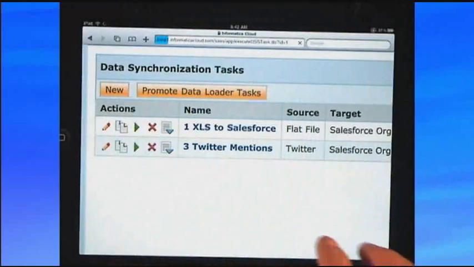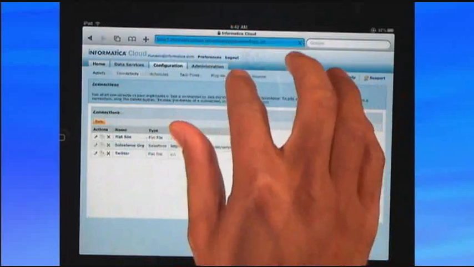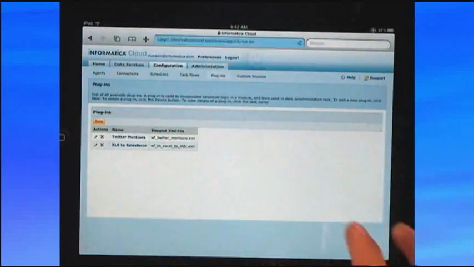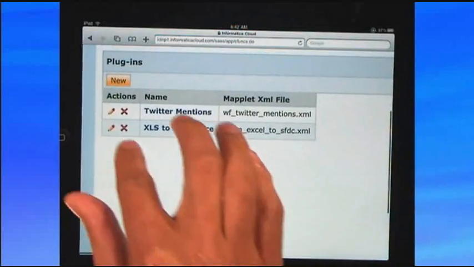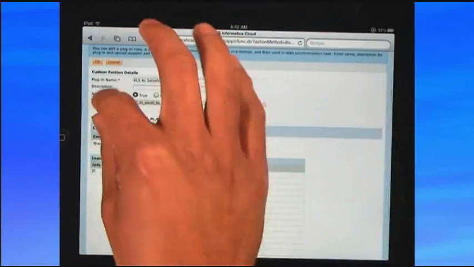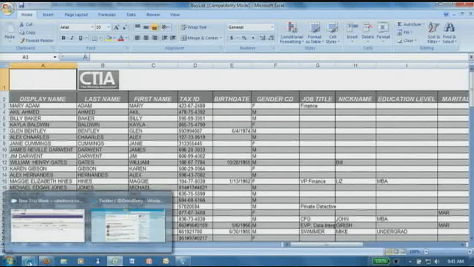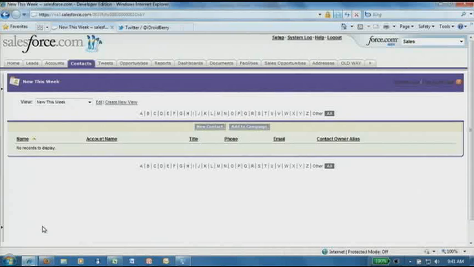If we go to configuration, you'll see that we've got an area for plugins. We're leveraging PowerCenter mapplets, one that has Informatica B2B's transformation and data quality, and using that here in the cloud. If we take a look back at Salesforce and refresh my screen,